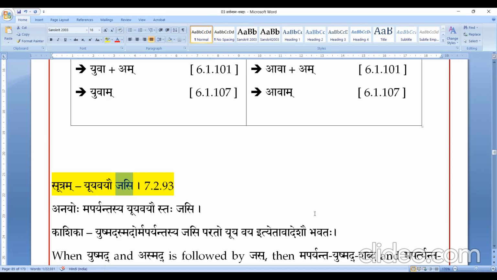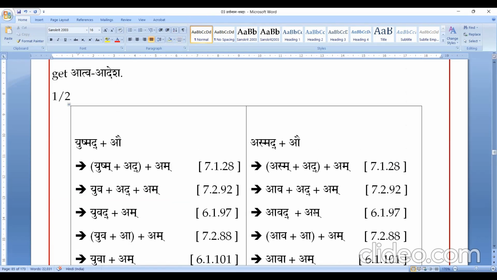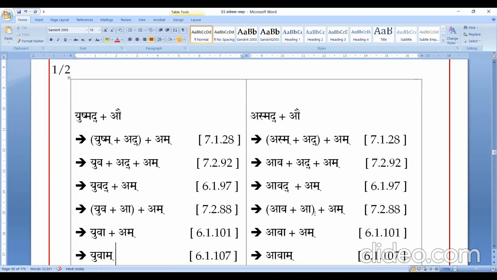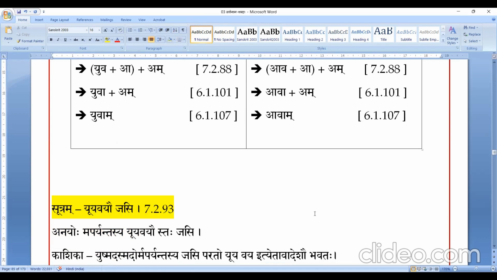So Pratamayah means Pratama Vibhakti. Pratamayah is the sutra, only Pratama Vibhakti. It doesn't include Tam, Yuvam, Yuyam, Tam, Tva, because the form is different. So Pratamayah is Pratama Vibhakti, Dvivachana Pratyaya Bhashayam. So you will get the Adesha, the Atva Adesha. Now next sutra, Yuya